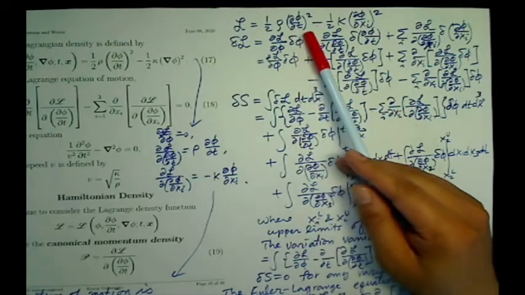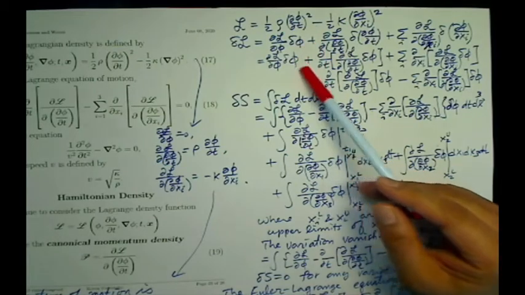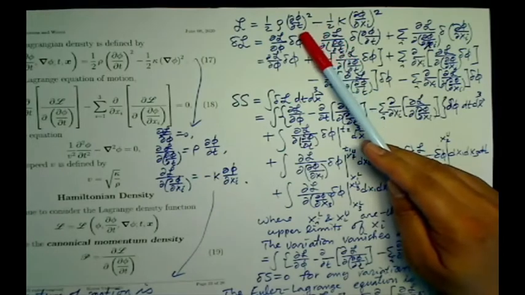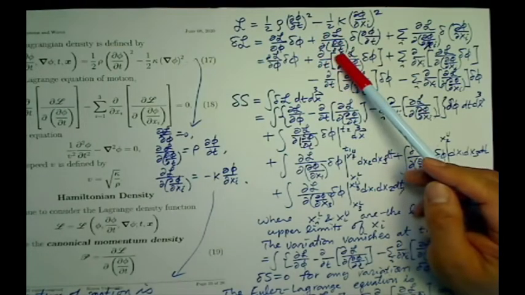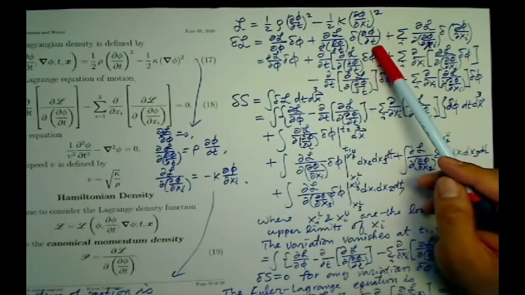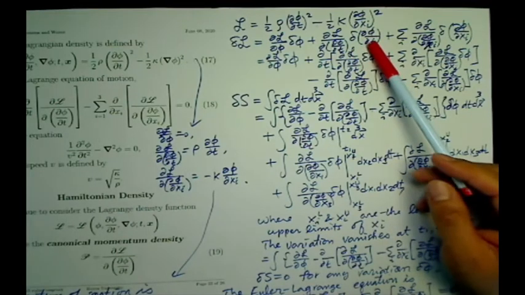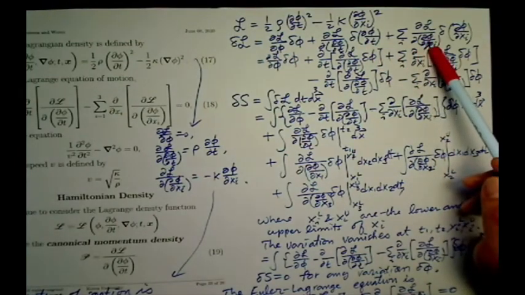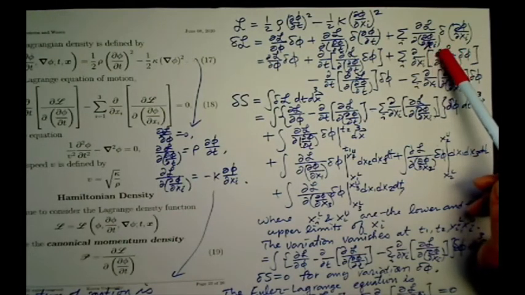The second contribution comes from the time derivative of the field: the partial derivative of the Lagrangian density function with respect to the time derivative of the field, multiplied by the variation of the time derivative of the field. In addition, we have 3 contributions coming from the variation of the field with respect to the gradient. So the first component of the gradient of the field,